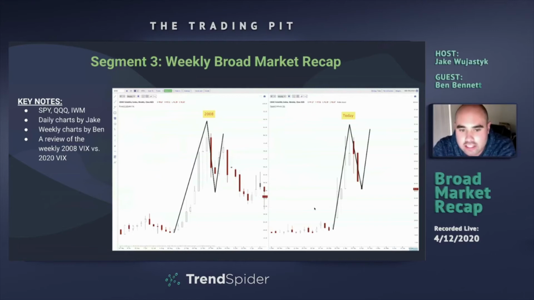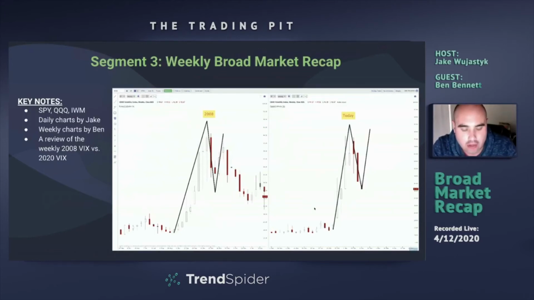And all I did was I copied this move and put it on today's chart, and you can see how close in the move we are to 2008. Now, I'm not saying that the VIX is going to rip back up to 80, but notice how close we are to where we closed, to how close we were to where we bottomed out here. We did not actually close this low in 2008. We just had the wick, but it's just very interesting to see how almost identical this move is.